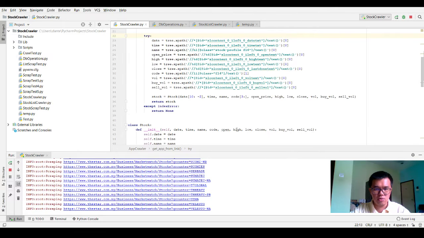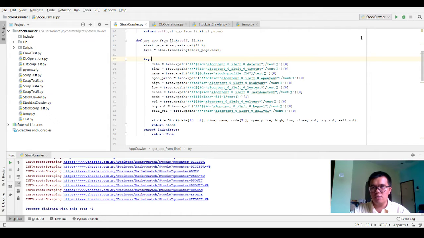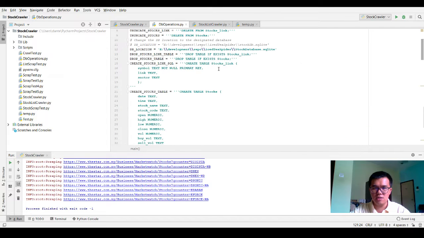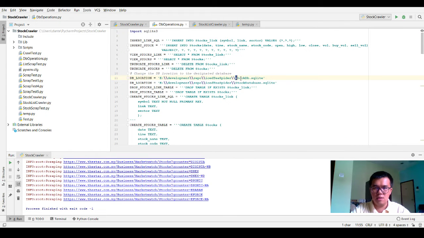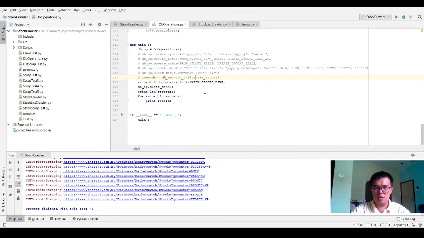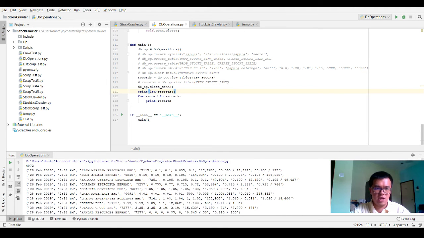All this information will be stored into the stock table, so we can look at the stock table later to check if all the information is crawled. This process might take around 15 minutes, so it might be too long to show in this presentation. Let me show you what I've done before in a different database. You can see that I have crawled around